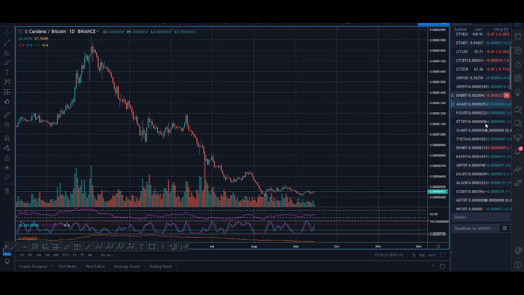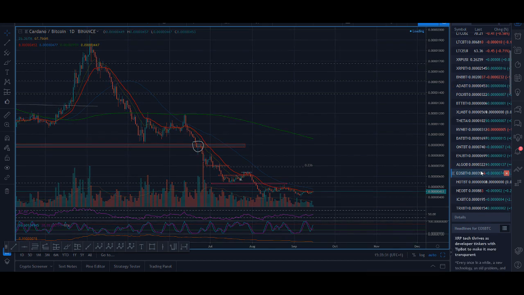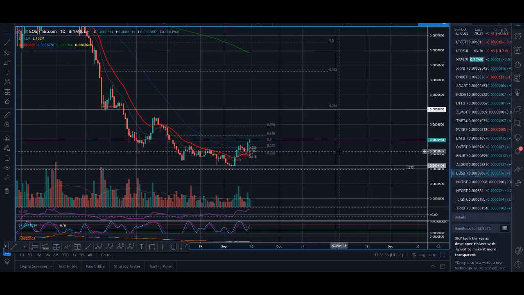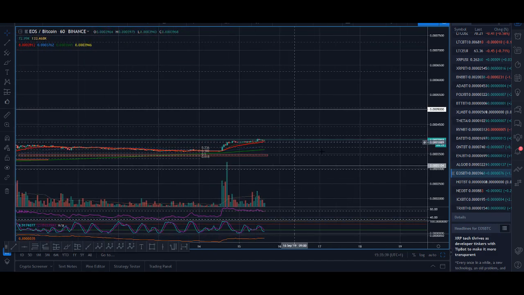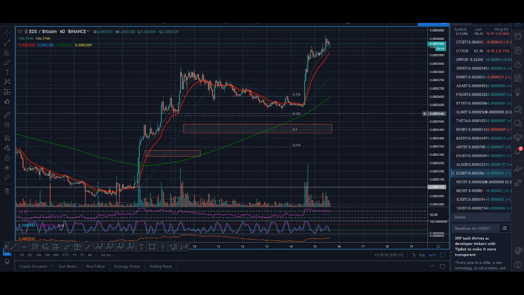From a trading point of view, I'm mainly in EOS. If you check out my top 5 coins for this month, EOS is one of them, and that's performed really well. And it had a perfect trading setup for us as well. If you've been following my strategy, there's been some nice trade setups, especially this one. This is the one that I took. This was a nice setup.